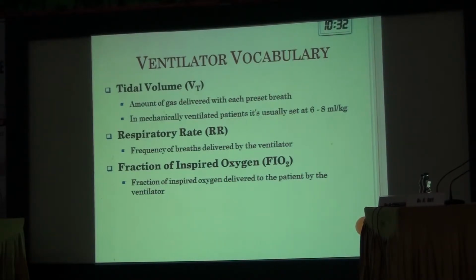What we normally inhale in room air is 21%, or in our jargon we call it 0.21, the FiO2 of 0.21, that is 21%. So how you increase it, what is the necessity of the patient, that you can set in a blender. Actually all the ventilators have got a blender inside, and thereby they provide that amount, that percentage of oxygen to the patient.